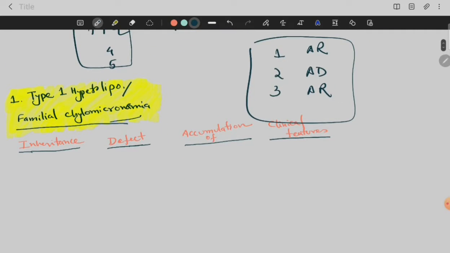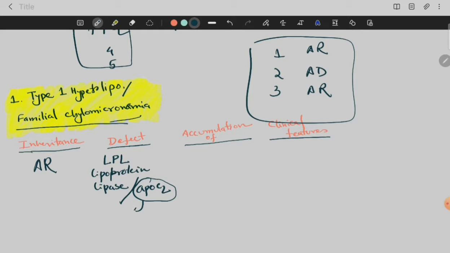Okay, so there the autosomal recessive. From the name itself we know that there is an increase in chylomicrons, and here the defect lies in an enzyme known as lipoprotein lipase. Write down here the lipoprotein lipase, or there is a defect in ApoC2. This is a molecule which actually regulates the LPL function. So whether it is a defect in LPL, the lipoprotein lipase, or ApoC2, it will result in type 1